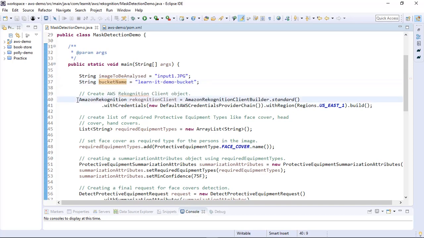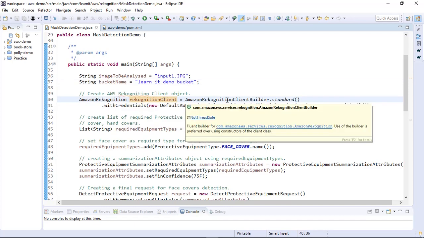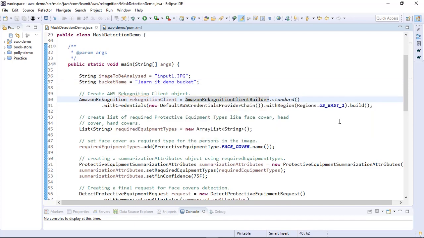In the next line, I have created an Amazon Rekognition Client object using Amazon Rekognition Client Builder, and I have provided the region as US East 1 because my bucket is in the US East 1 region. In the next line, I am creating a list of required protective equipment types.